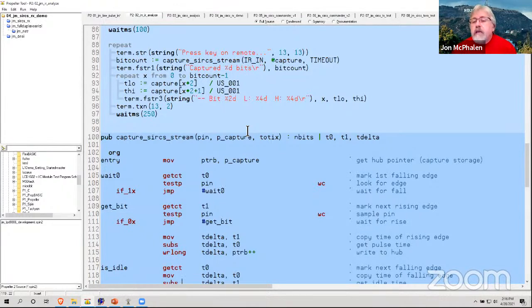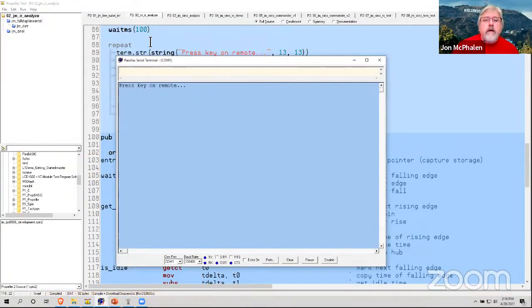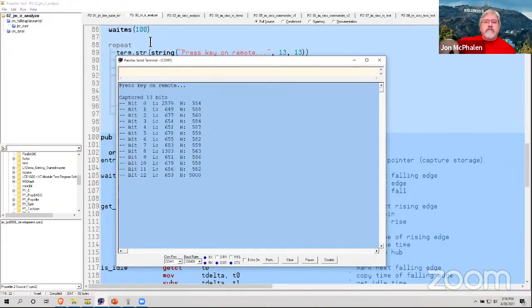Now, make sure too, is it a Sony remote, because these are universal remotes. I didn't talk to that. I made the assumption everybody that had one of these remotes from Parallax had the documentation that showed how to set it to Sony mode. If you use program 2, that just gives you raw numbers out. So here's a Sony remote, and you can see now,